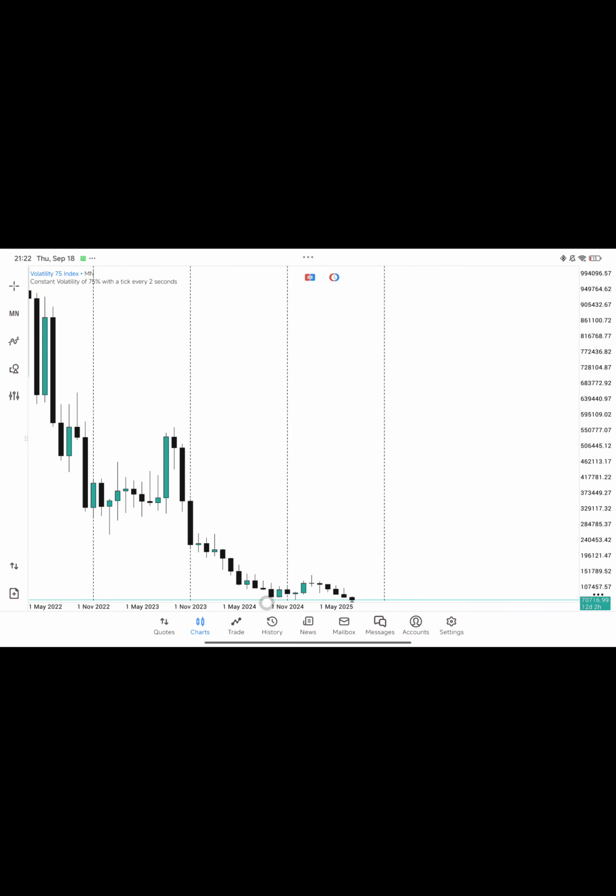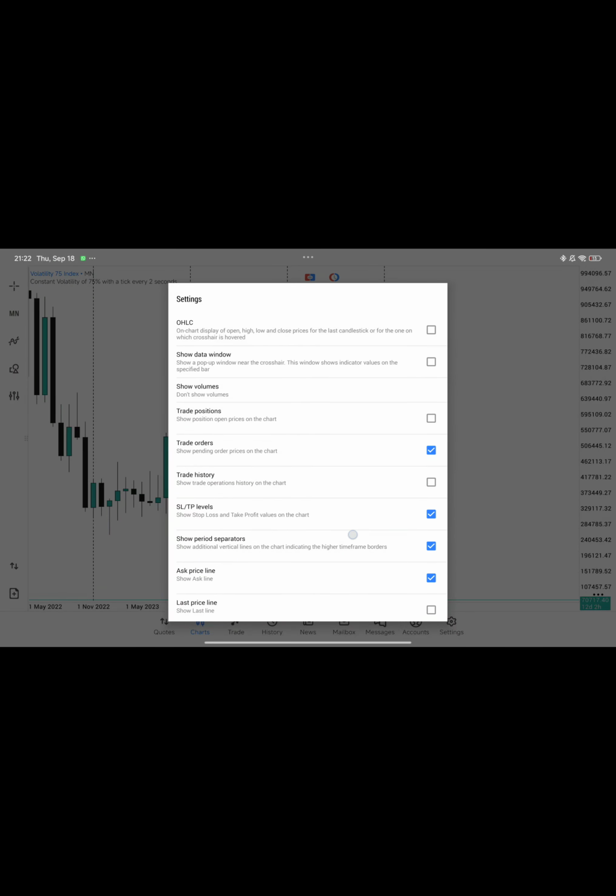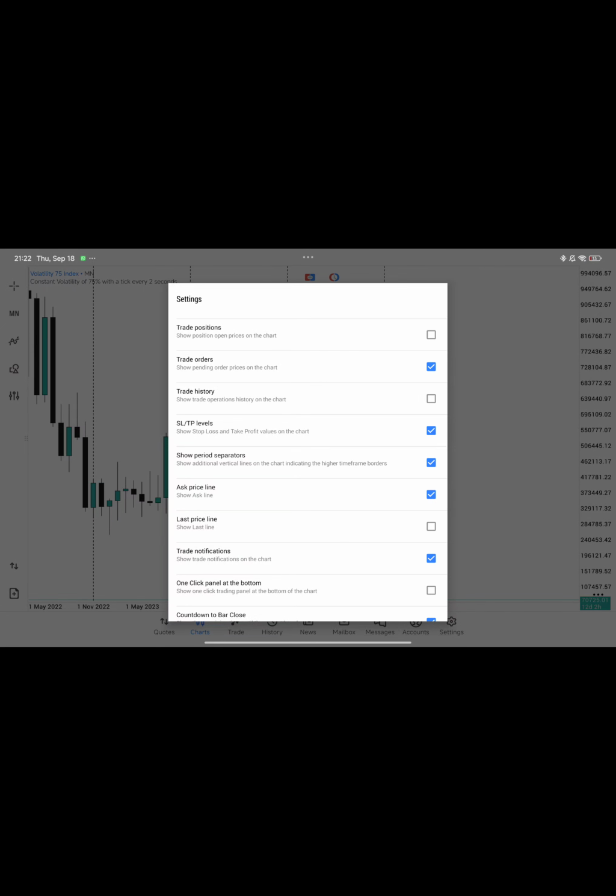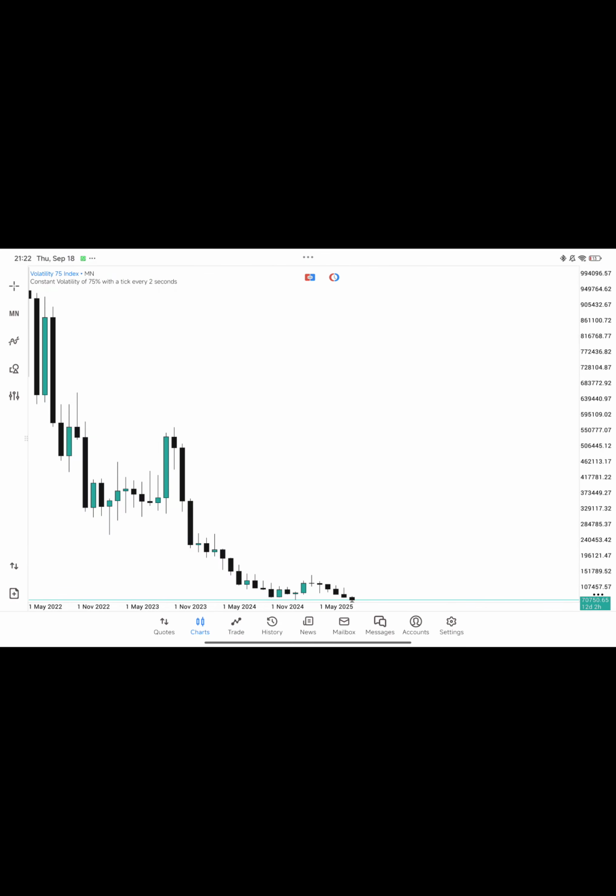If you have a low, there should be a relative next swing. Let me take off the period separators so that we are more certain about what we are trying to show in here. A normal swing pattern should have a high and a low. In as much as we have a high, wherever the next low is going to be formed, it should be accompanied by another high before we form another low.